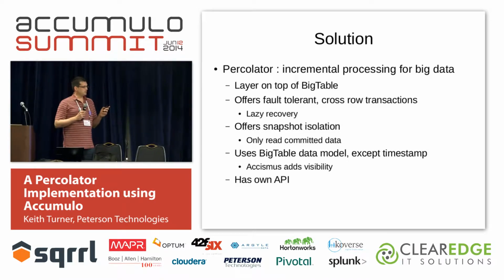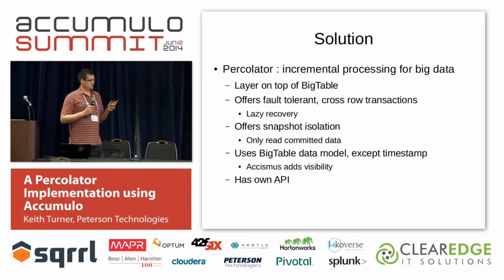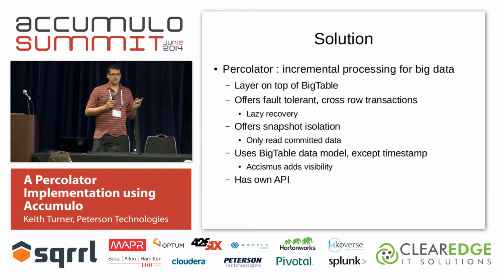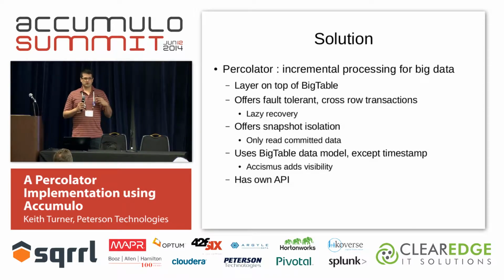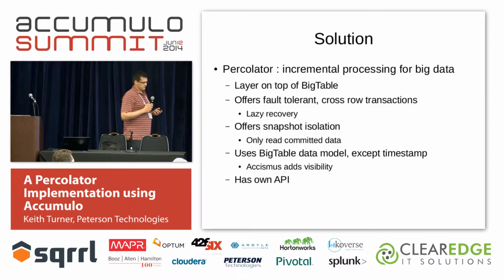So the Percolator API exposes the Bigtable data model: the row, column family, column qualifier. It exposes everything but the timestamp. The timestamp is used by Percolator to keep its own versions. And once you have